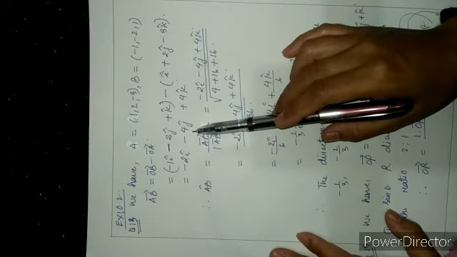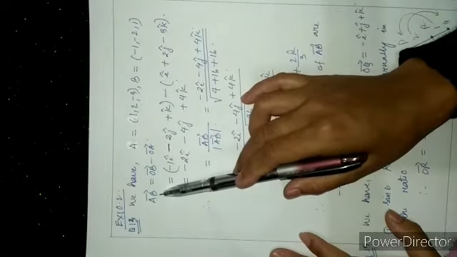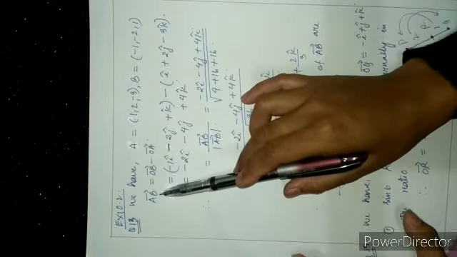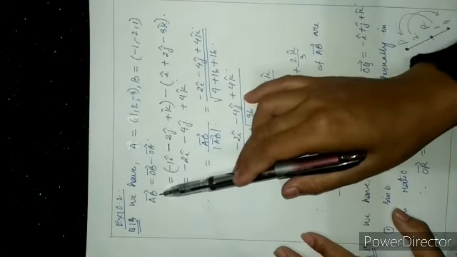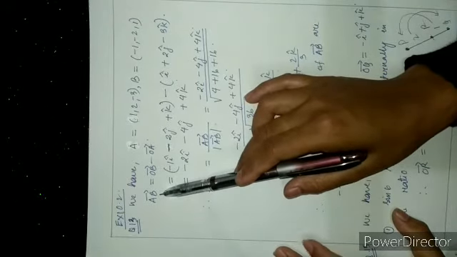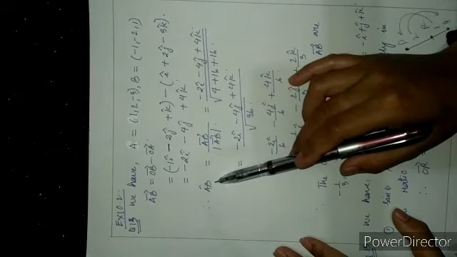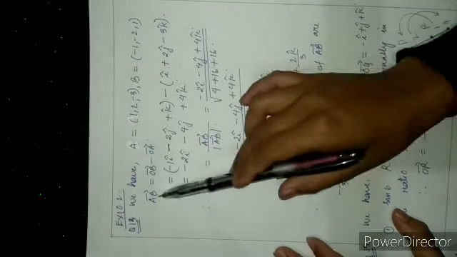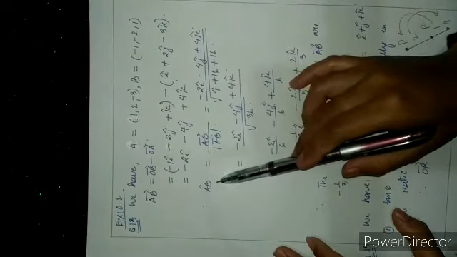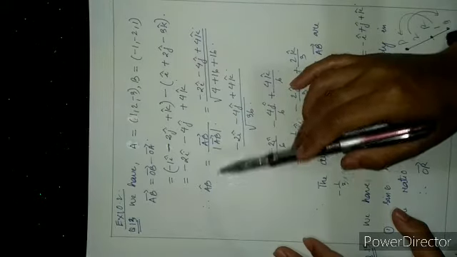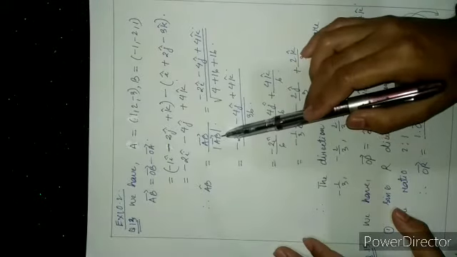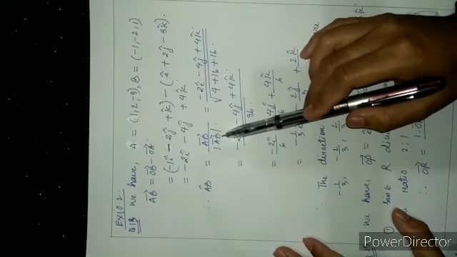Direction cosines means the components of any unit vector acting along the given vector. So AB cap means a unit vector acting along this AB vector. By formula, this AB cap is given by AB vector divided by the magnitude of AB, which is